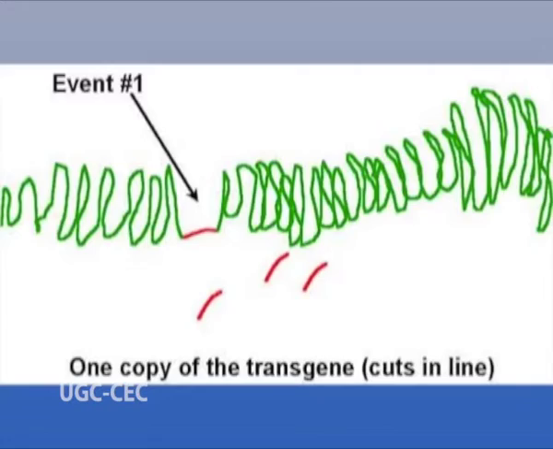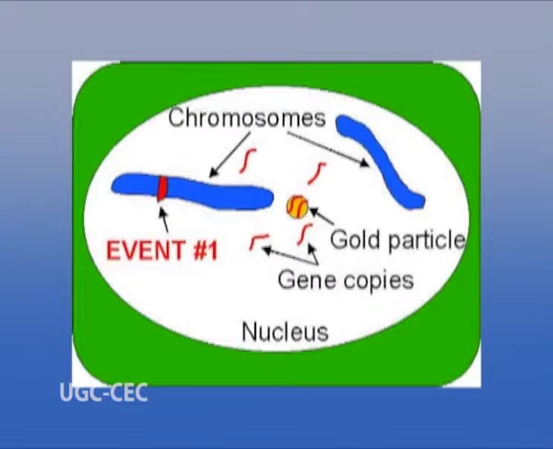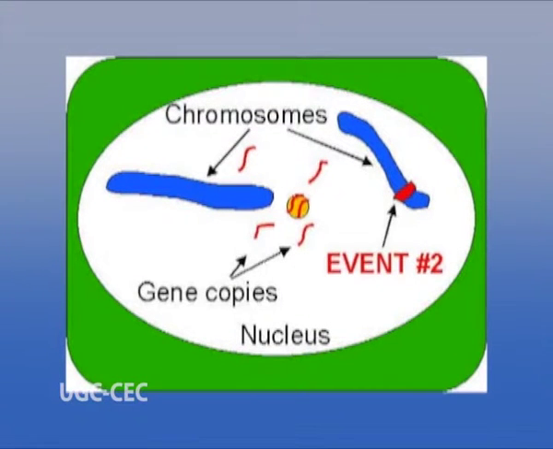Limitations to the particle bombardment method relative to Agrobacterium mediated transformation are: multiple copies of the transgene may get integrated at a single insertion site, rearrangement of the inserted gene occurs, incorporation of the transgene at multiple insertion sites. These multiple copies may lead to the silencing of the transgene in subsequent progeny.